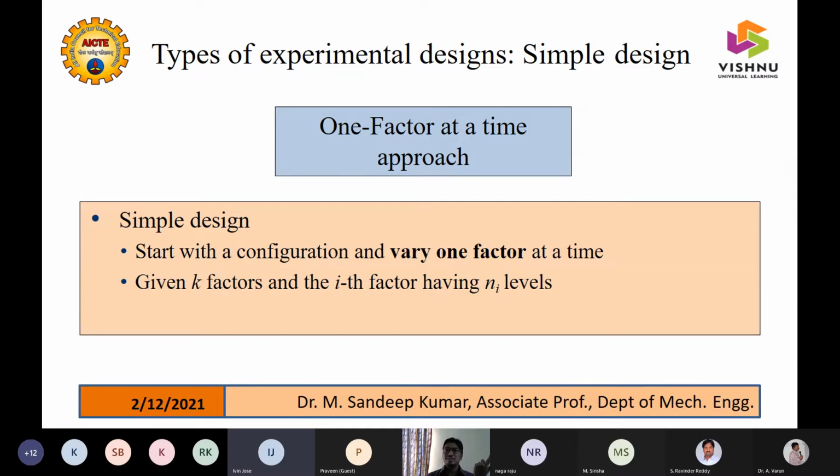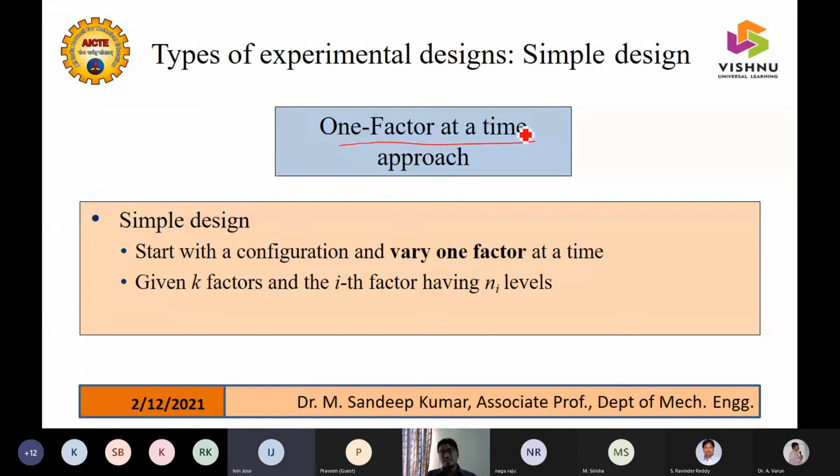We'll only be thinking about the response, and I need to just complete it, wind up and move away as fast as possible. But believe me, research is one where you open up your mind, go into many fields, and explore many things. So with this small briefing, let us come back to the one factor at a time approach.